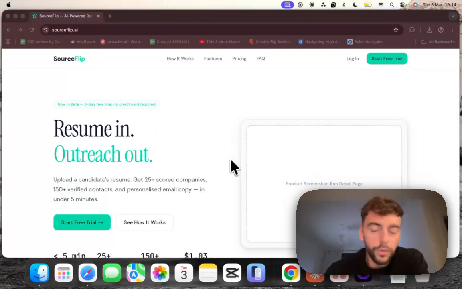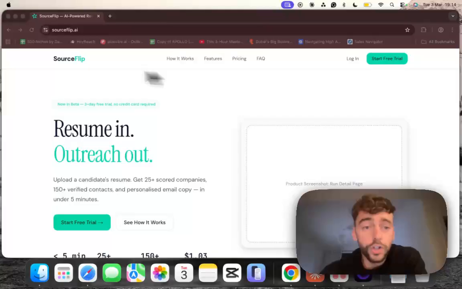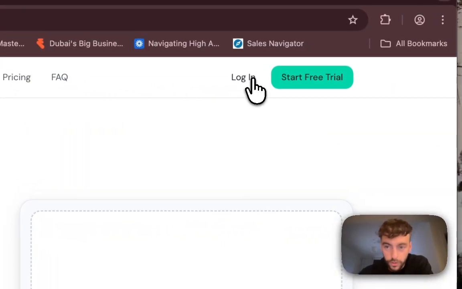So, recruiters, I want to show you how you can transform your resumes and your candidates into your most powerful business development tool. My guess is that if you're running business development campaigns yourself already, you are speccing out candidates and you are using rockstar candidates. So I want to show you exactly how SourceFlip, our new product, can do this for you completely on autopilot,